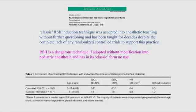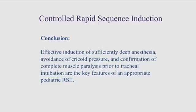then a little bit after that, from England came another publication, also to modify the classic rapid sequence induction. And they looked at their children and compared the controlled versus the classic, and they had no difference. They found that the controlled is much safer, and that the classic way has no place in the pediatric population. So as a conclusion for this first topic,